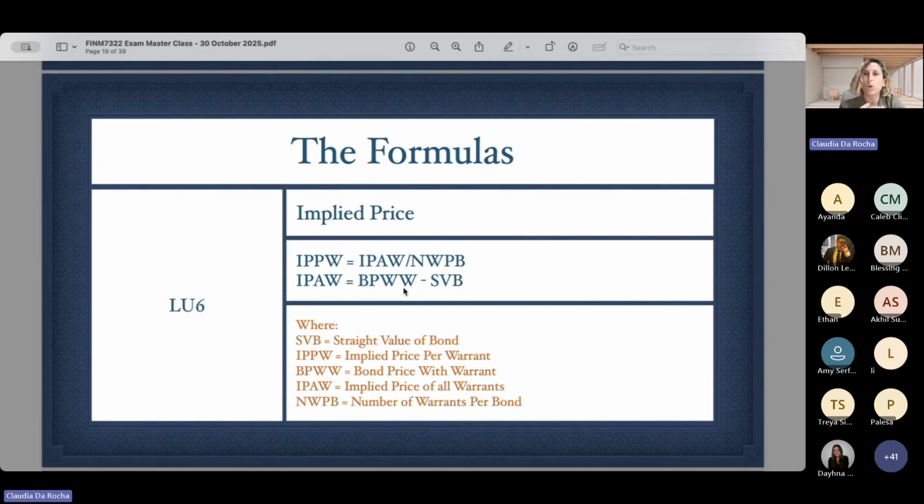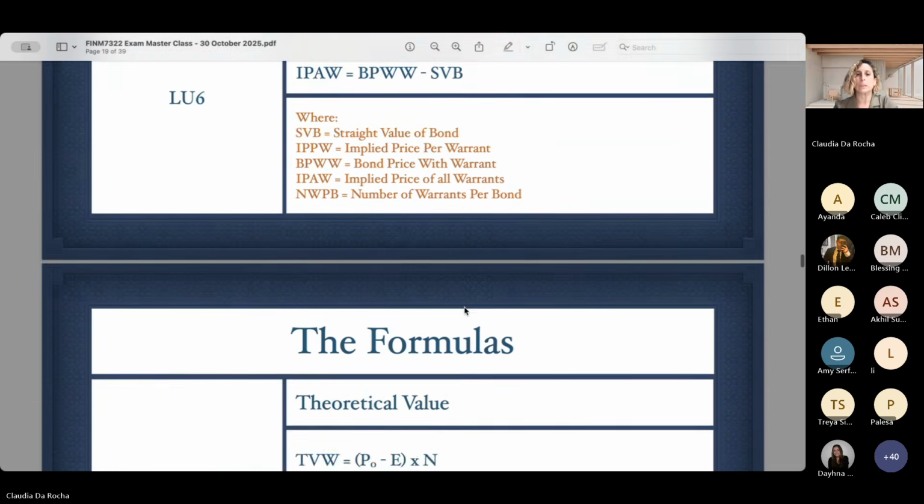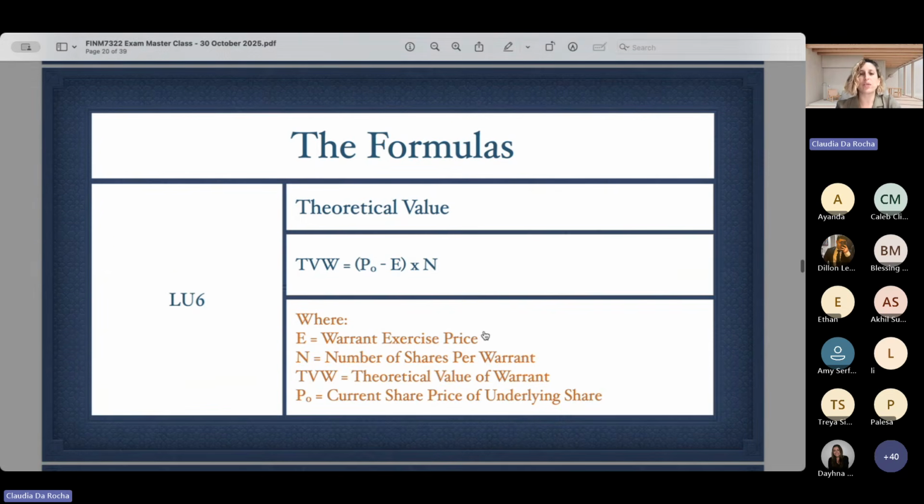It's important because now you're dealing with learning units 1 to 7, and we need to be able to identify the difference with the bonds. You can get a corporate bond question where they want you to calculate the cost of the bond, that's your IRR, but you can also get a bond question where they want you to calculate the straight value of the bond. These are two different methods. So with the theoretical value of your bond,